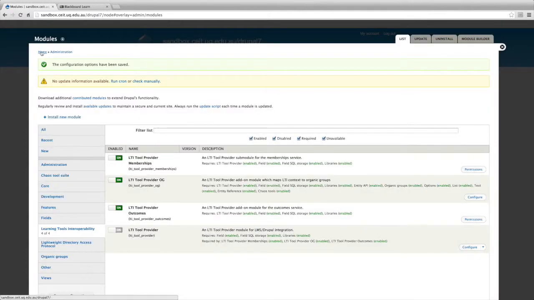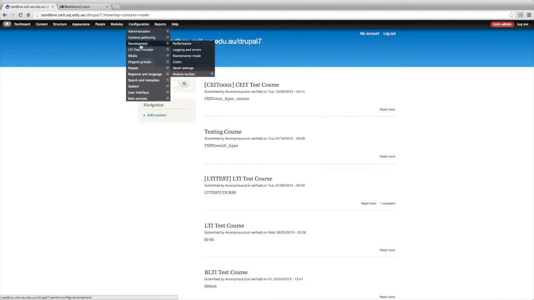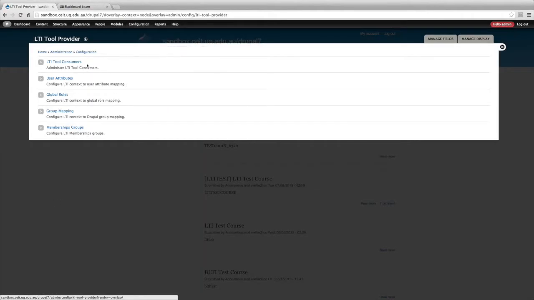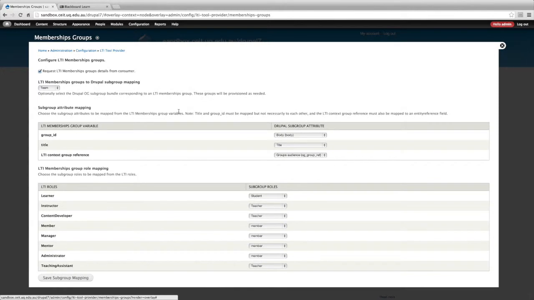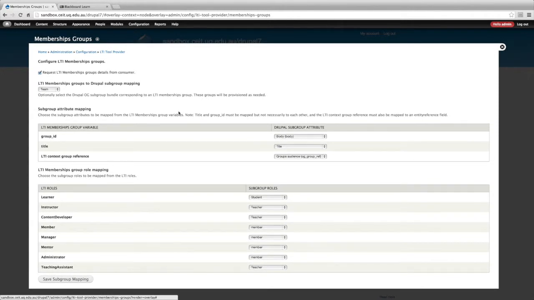configuration pages. So if I go to my LTI tool provider, the only additional configuration is this membership groups. So similarly to the group that's aligned with the course from the LMS, you can align groups on your Drupal side with the membership groups that come across the LTI, in which case I'm mapping this to my team group